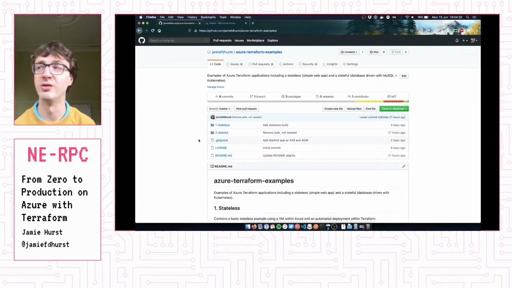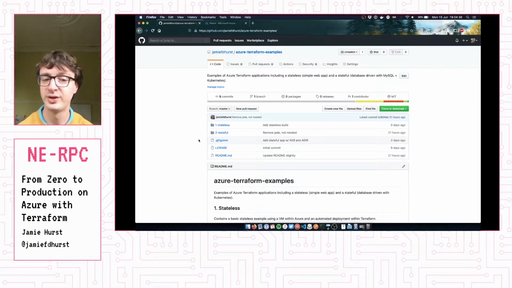One is a very, very simple stateless app that just uses a virtual machine inside of Azure. That one is about as simple as you can get from a cloud platform provider. But then alongside that, I've deliberately written a stateful application, one that uses a relational database, in this case MySQL,